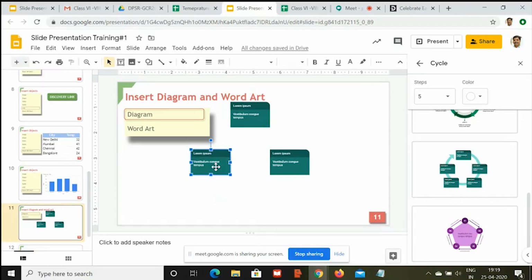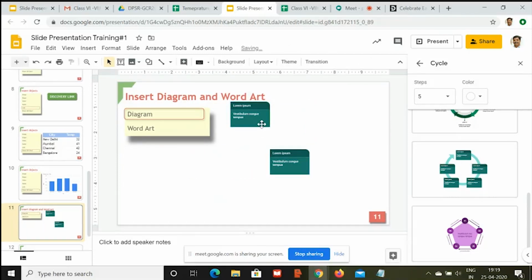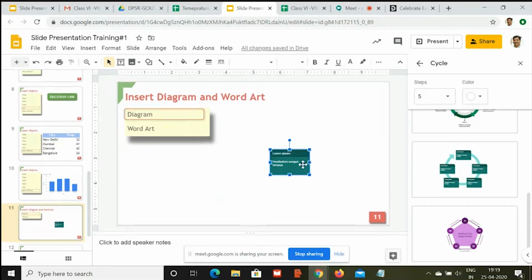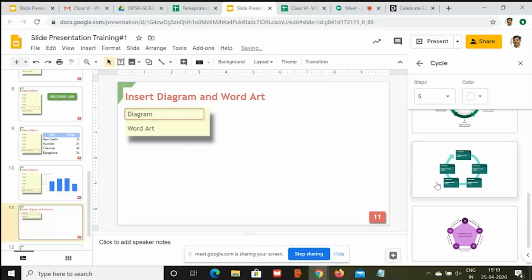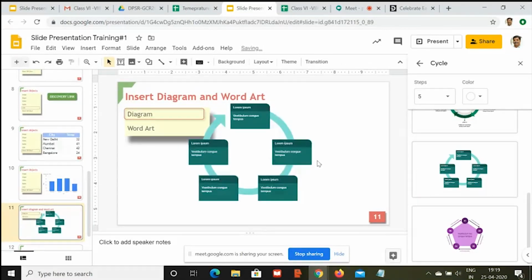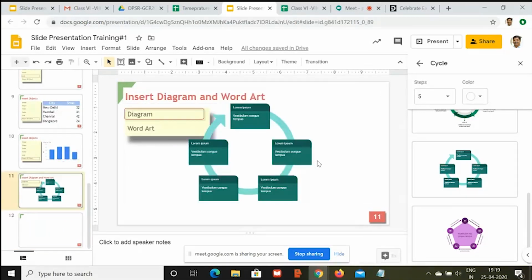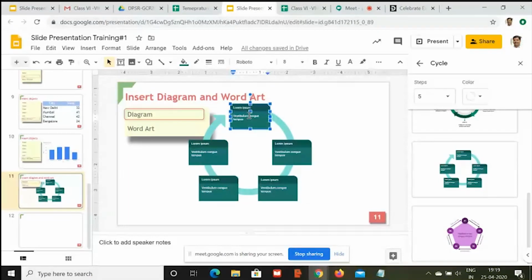While explaining, what I do is just do it in one go. And then the last one. Okay, so I have these 5 with me. So I click over here. Now I have 5 options here, and all these are customized by you. So you can just fill it up with your own content.